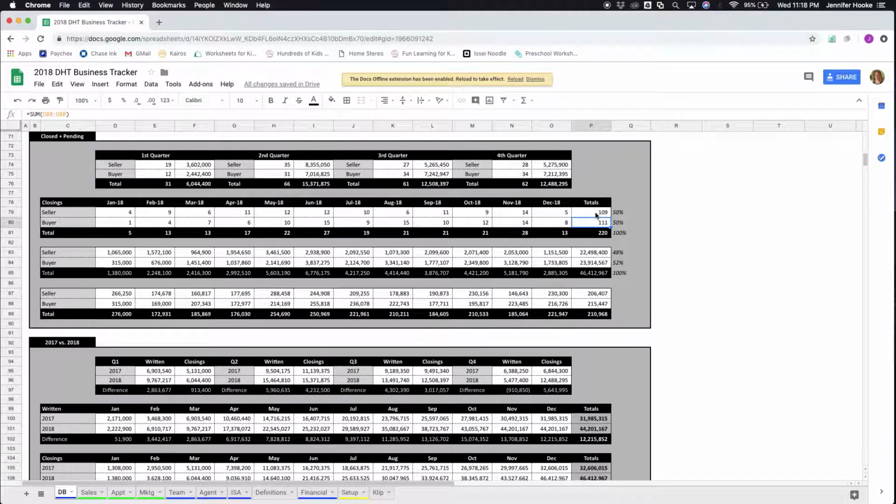So we have to go backwards and look at how these numbers are calculated to see if there's an issue there. If I look at this number here and I look at how it's determined, again, it's a formula, it's calculated. You take the sum of cells D80 through O80. So that means it's adding up D80, which is right here, through